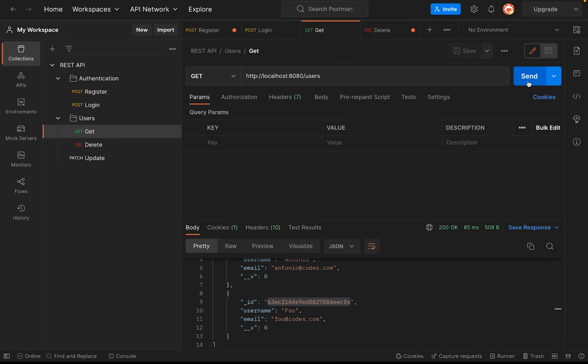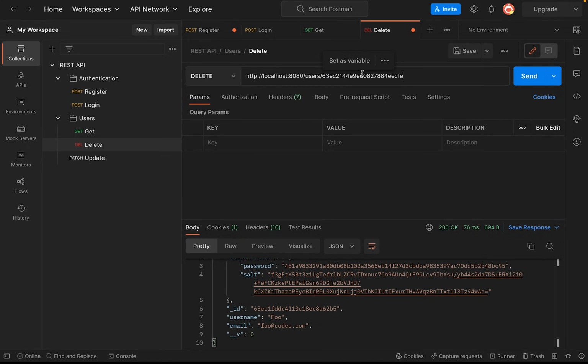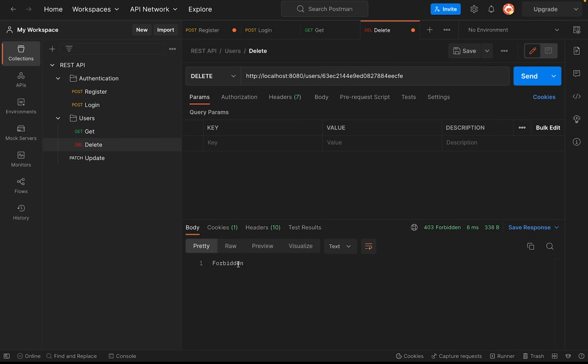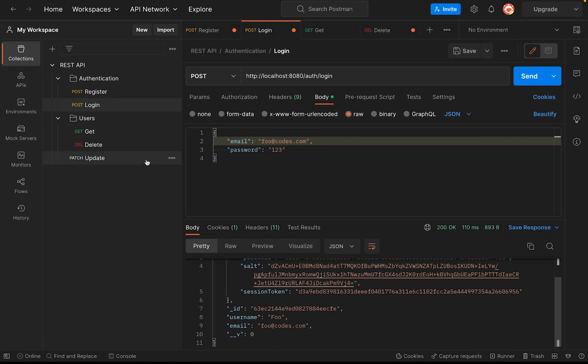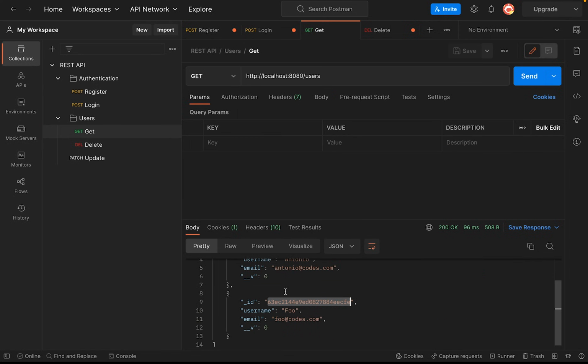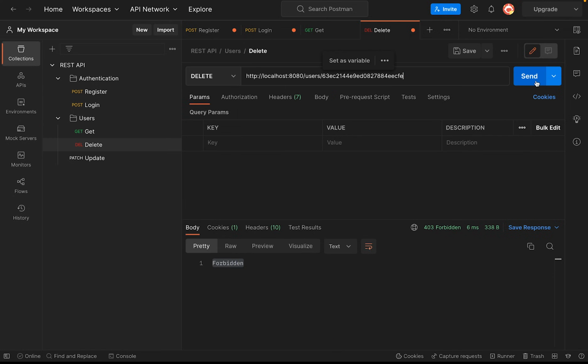So one more time, I'm going to fetch foo's ID and I'm going to try and delete foo. Now I'm going to get a forbidden. But if I go to login and log in as foo and try to delete myself, then